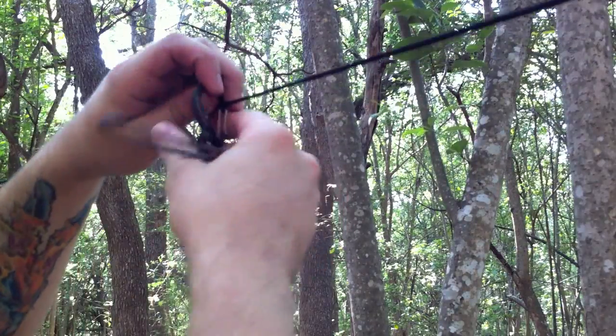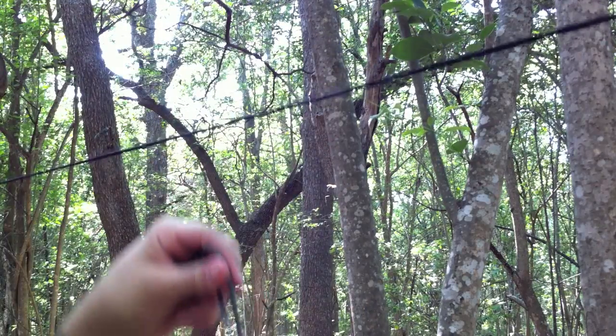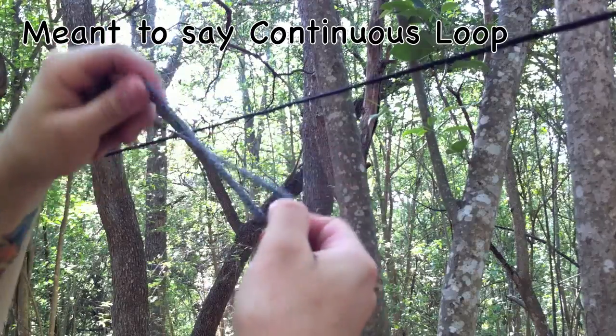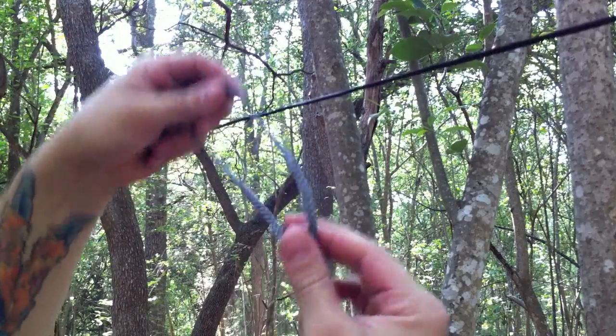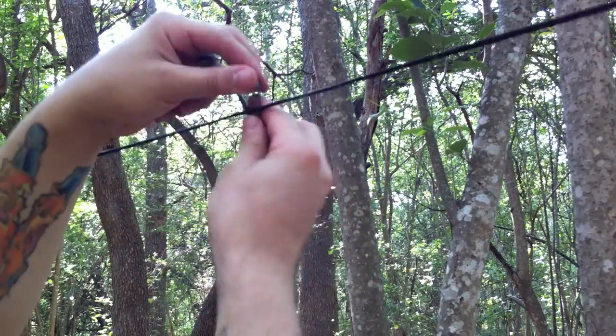Alright, so I moved you guys a little closer so you can see this. And what we're going to do is we're going to tie a prusik knot. And prusik's pretty easy. This is the endless loop right here. It's just a loop of AmSteel that's woven in on itself. And like I said in my other video, the thick side of the AmSteel where the berry's at is actually the bottom part here. So what you're going to do is you're going to put it through,